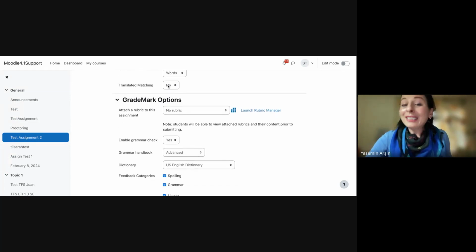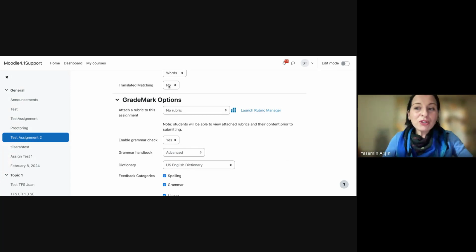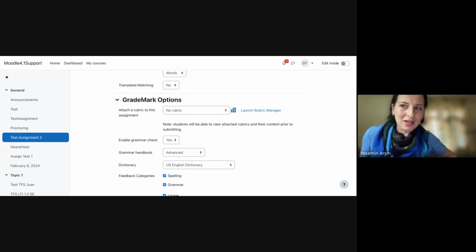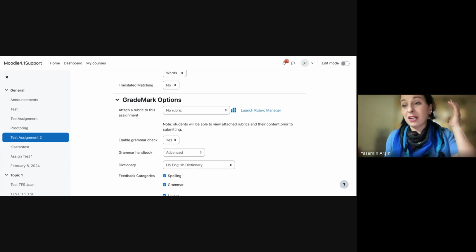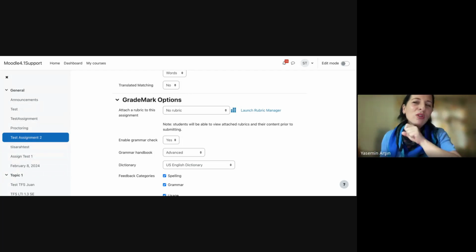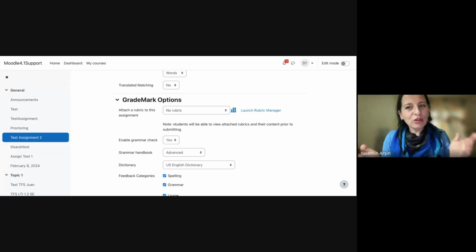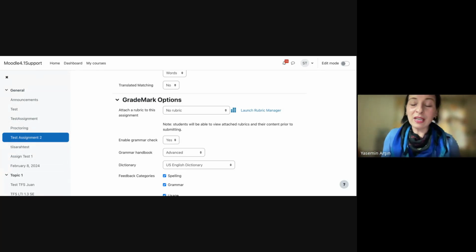Translated matching. This would be helpful, especially in Arabic assignments, or maybe you have assignments in different languages like German, French, I don't know. I have tried it with my own language, Turkish. Most probably Google Translate works well between English and Arabic as well, because Google Translate has improved a lot in recent years.